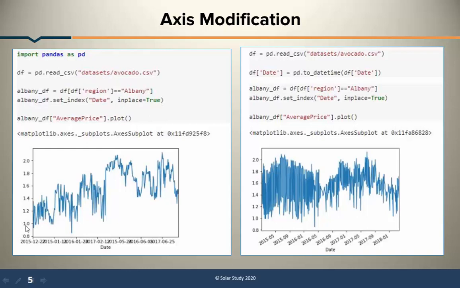See, in this figure you can see that for 2015 everything is merged. So now I have to modify this x-axis. For that I call the same figure, but I only have to add one line. What is that? Data frame of date. Once I call this, it automatically aligns this way. So pd.to_datetime of the data frame of date. While adding this kind of statement, it will modify the axis of my plot.